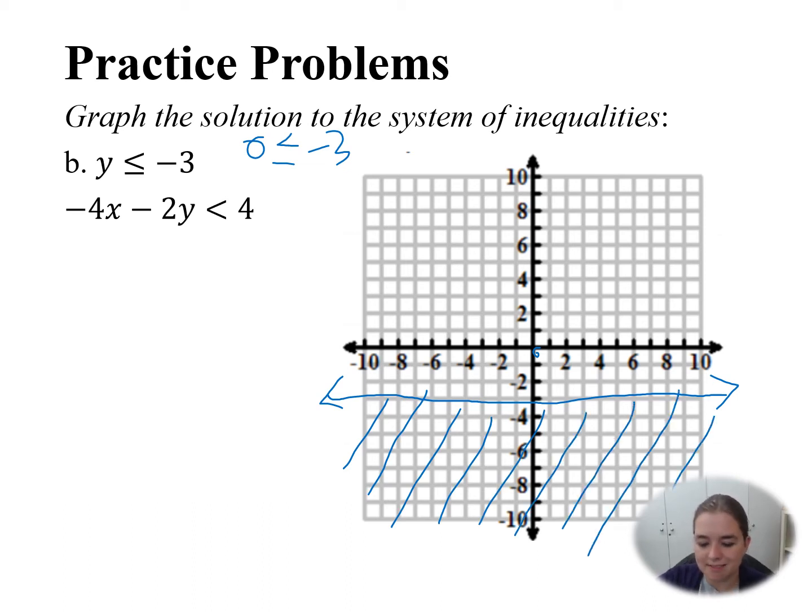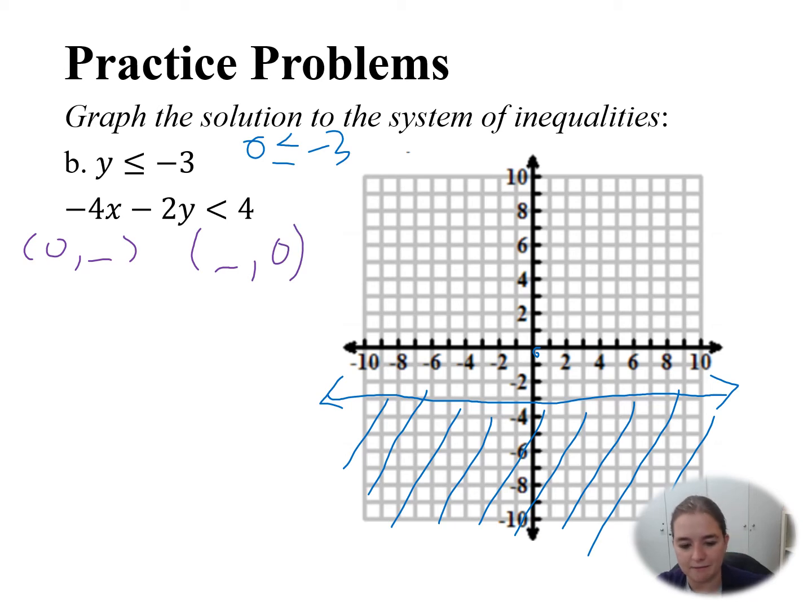For this other one, instead of going through the process and turning it into slope-intercept form, I want to graph it using the zeros, graphing it in standard form. And this is a useful skill that you'll want to use on one of the homework problems tonight. To graph using zeros, what I want to do is I need to find 2 points to define my line. So I want to find when x is 0, what is y? And I want to find when y is 0, what is x? And I'm going to use those 2 points